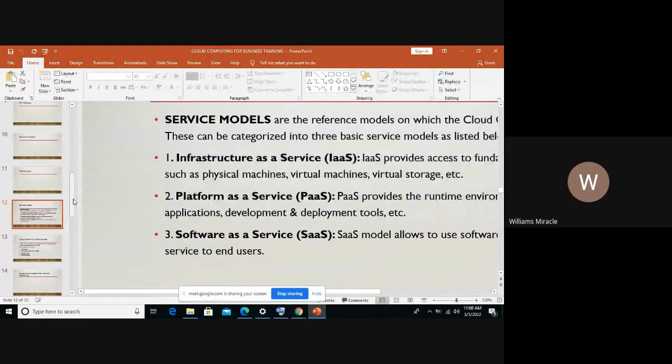In as much as you want to render services or sell whatever to your clients or customers, the service model for this aspect is the software as a service, since it allows you to use the cloud application as a service to end users. Do you understand now? Yes, I'm following, sir.